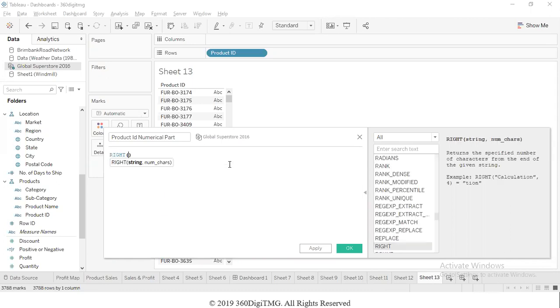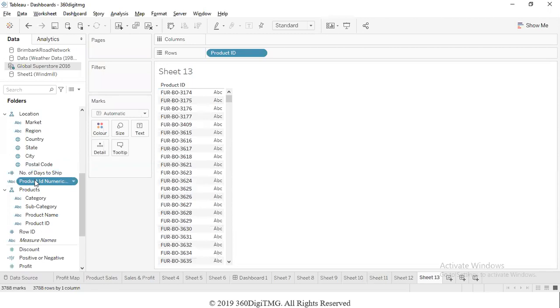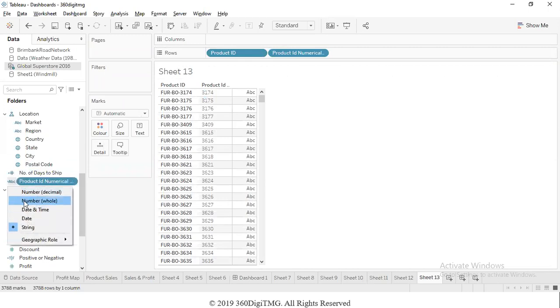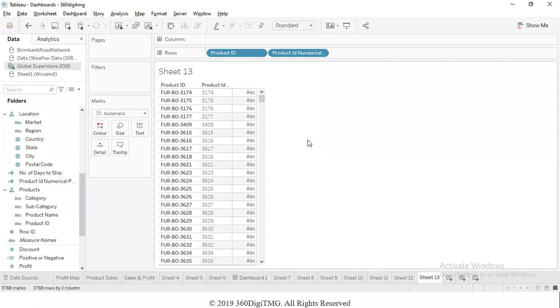So I will use something called the RIGHT function. What RIGHT will do is from the right side of the string, it will give us the number of characters that we ask for. The string is the data present in the product ID field and we want 4 characters from the right side. Now this will give us the 4 characters from the right side of the string like that. But this is going to be string data, which we have to convert to numerical if we want to use it as a whole number. Then we will make it a whole number. Manipulating the data, we can do it through calculations, be it dates, be it writing a logic, be it editing the string information like this.